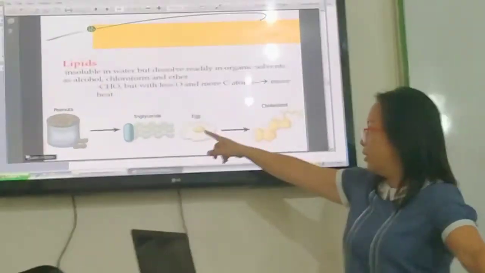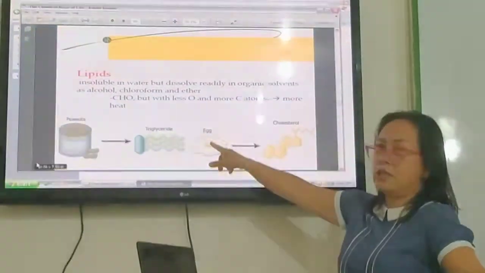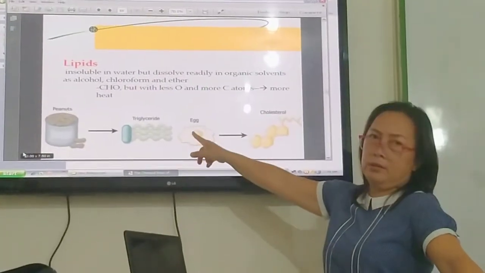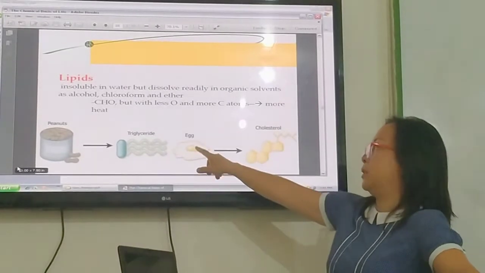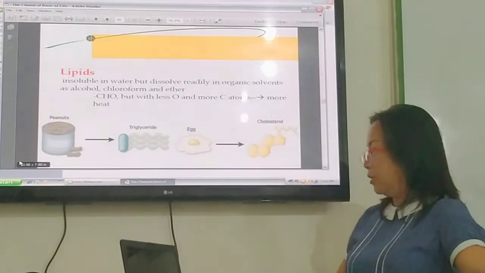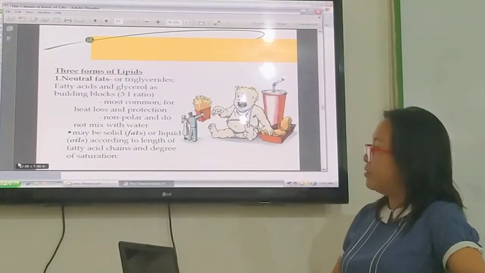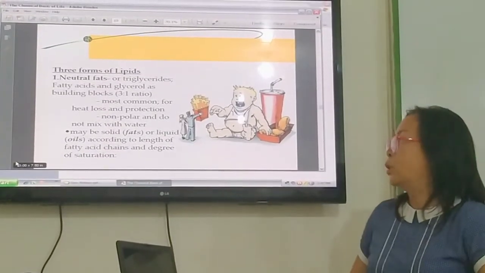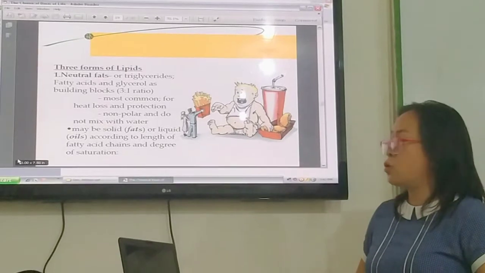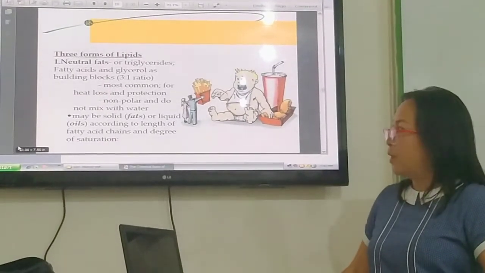Expensive, the yolk contains more of this cholesterol. So avoid eating that. You can eat the white, but not the yolk. Okay. Lipids have forms. That's what they've said. It has forms. One of these is the neutral fats, or we term that as